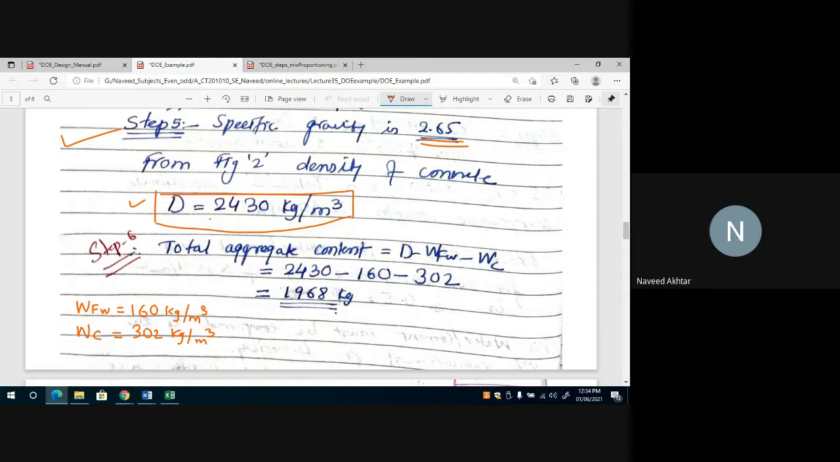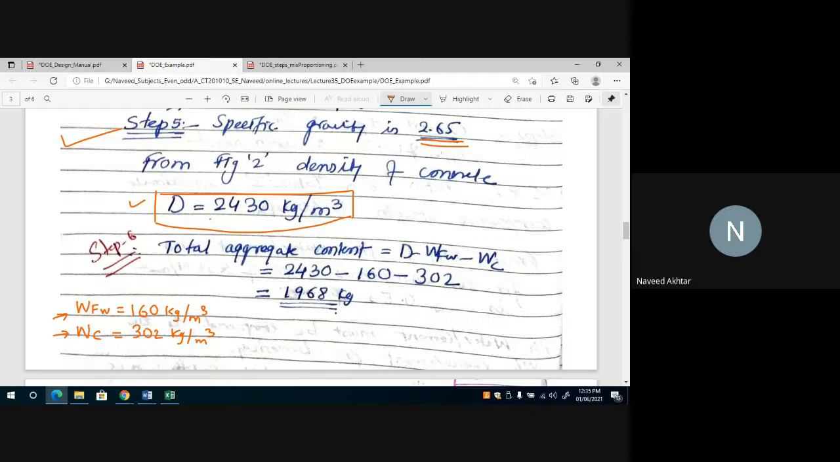Now other than this, we have found the weight of cement and the weight of water, so what will remain? The weight of aggregate. So now you can find out the total weight of aggregate, and also we have calculated